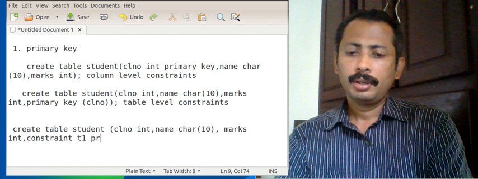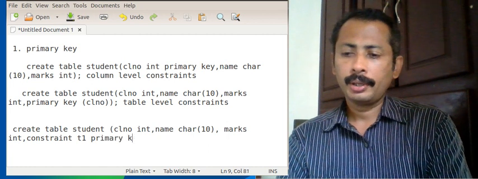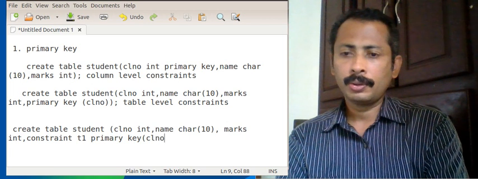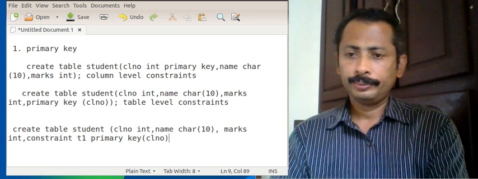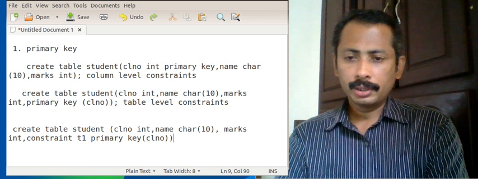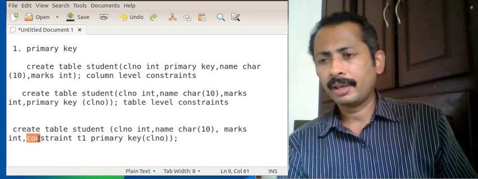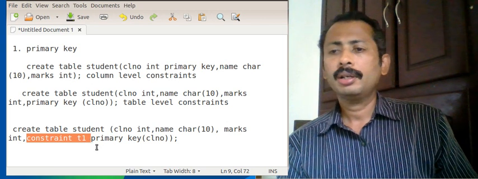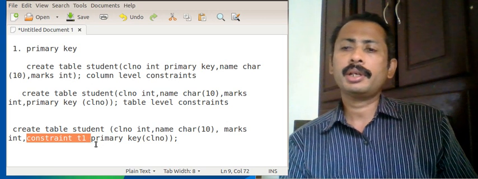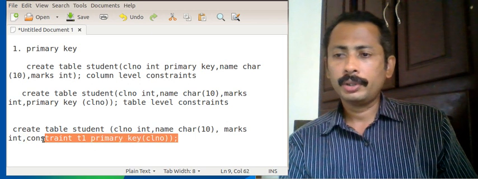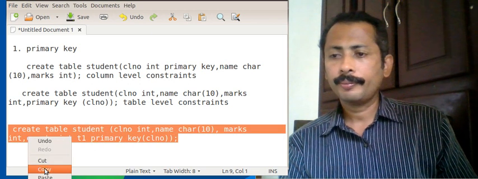Okay, and the constraint is primary key, and the constraint is to be placed on class number. So we have the same syntax with a slight difference. We have a keyword called constraint here, and I have given a name: constraint T1 primary key class number. We'll try to execute this in the SQL prompt.